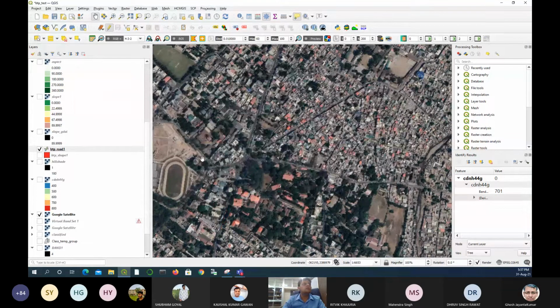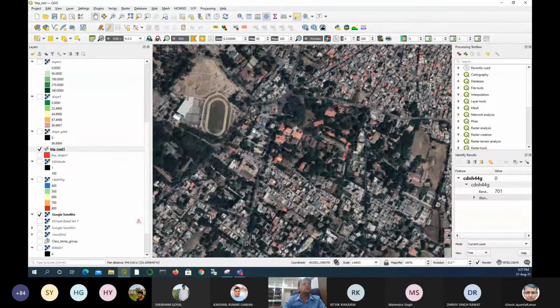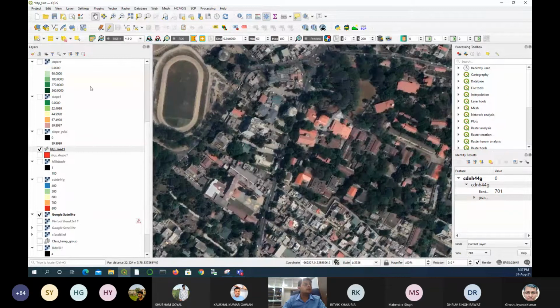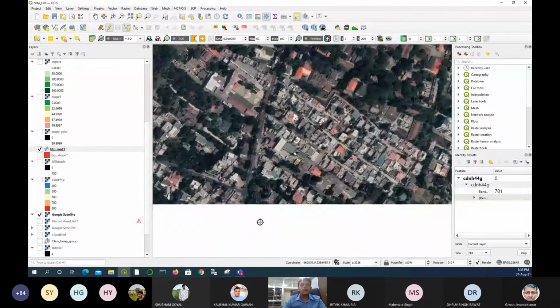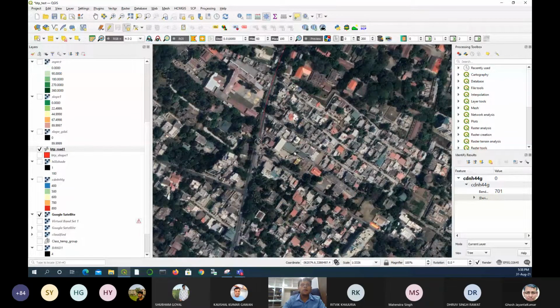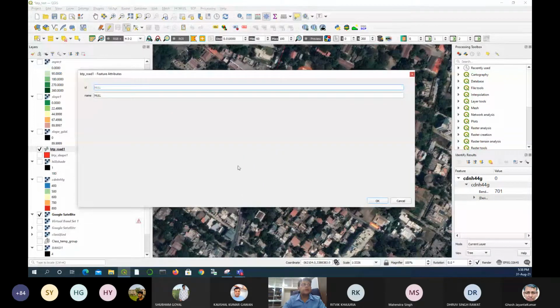Cancel, I just need to zoom in a little bit. Let's do it like that. So we have to come up to here. Here, right click, ID, name, and maybe it is Mahatma Gandhi Road, something like that.